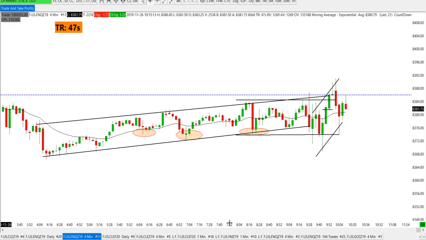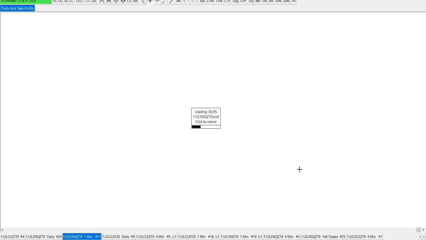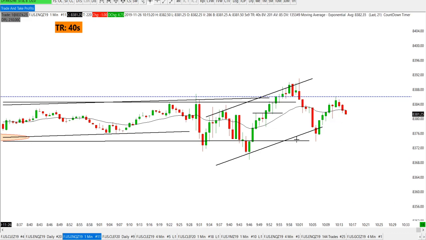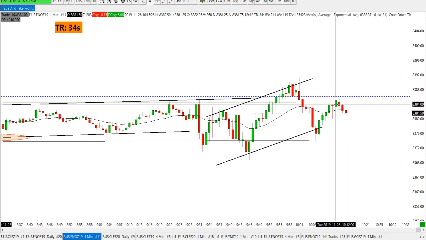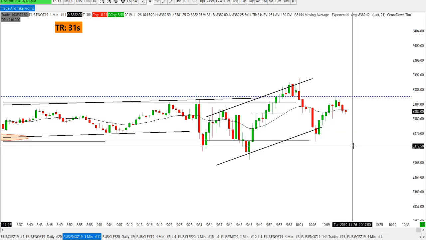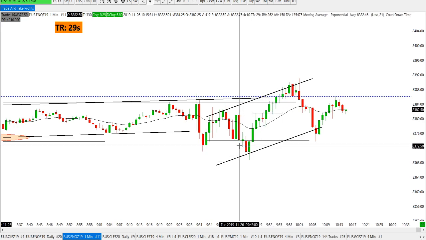Yeah, I think the market probably wants to pull back and go a little lower. I want to see how they pull back. I want to see if a lot of sellers come in. So if a lot of sellers come in, then most likely they want to bring it down more. But we'll see. We will see.